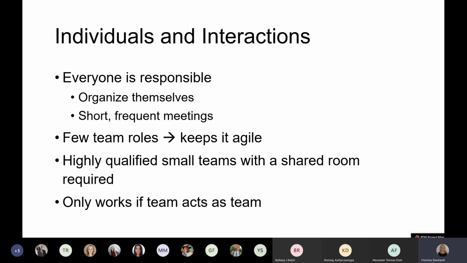It's more like everyone is working together as a team. And it only works if the whole team acts as a team, so it's not really for single players. It only can work out if the team is highly qualified, so everyone can actually work individually. The team has to be small, because otherwise we get the communication overhead, and they have to be able to have a shared room,